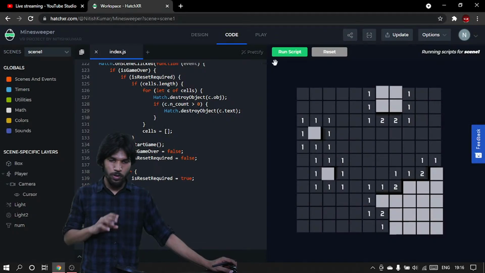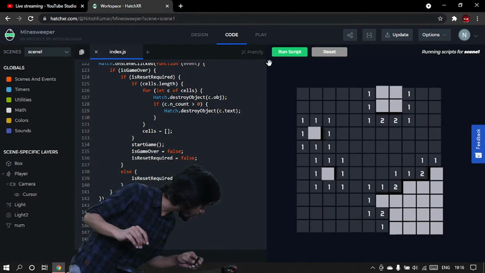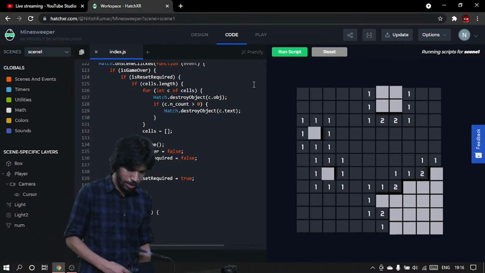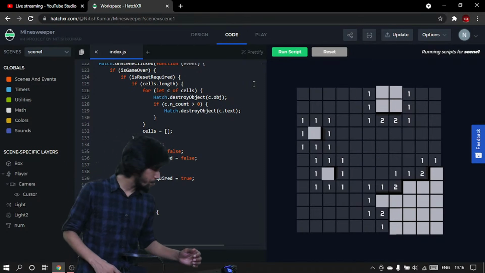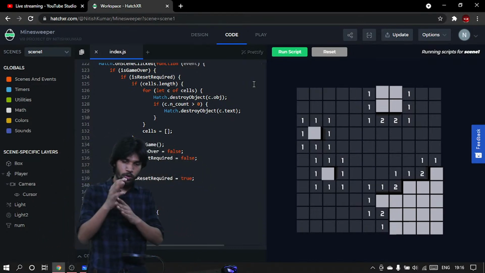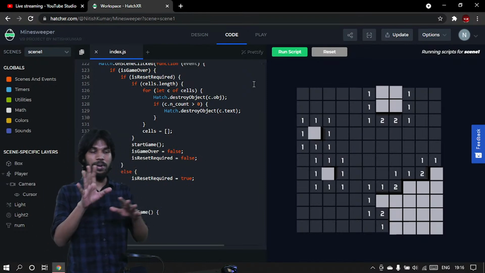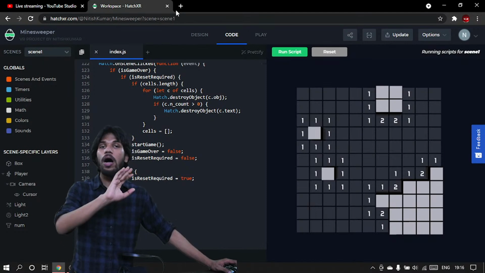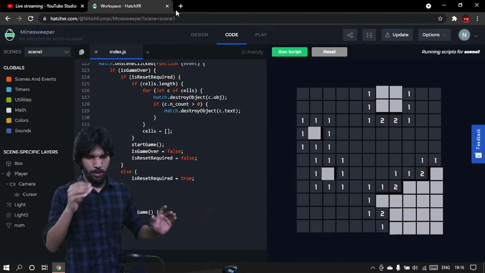Okay, so now I have showed you guys the game. Someone is asking me to speak loudly. Am I audible right now? So yeah, it's a bit complex. That's why we are doing it in parts. Even today we are not going to complete the entire game. But today I'm going to show you how most of the game works. All right, so